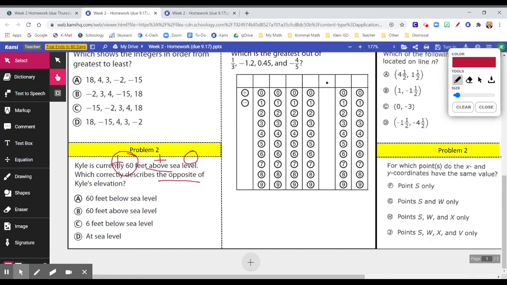The question is, what is the opposite of positive 60? The opposite of positive 60 would be negative 60, and the opposite of above is going to mean below sea level. All right, so we got 60 feet below sea level. So our correct answer is going to be,